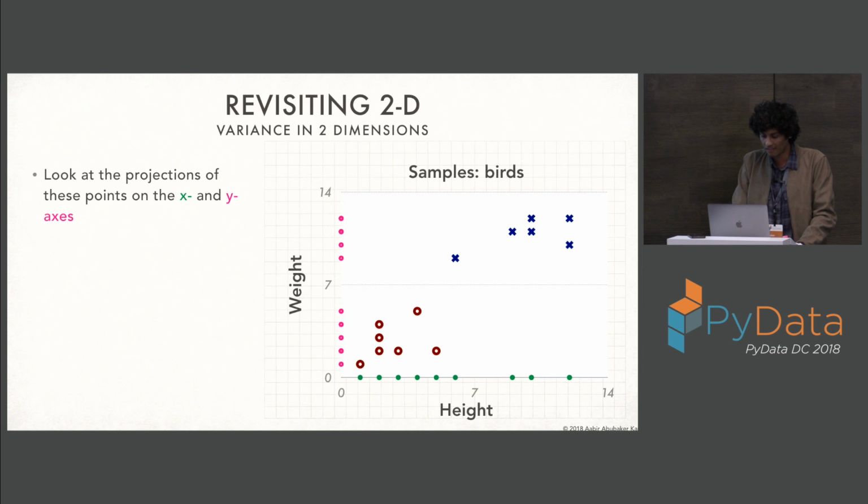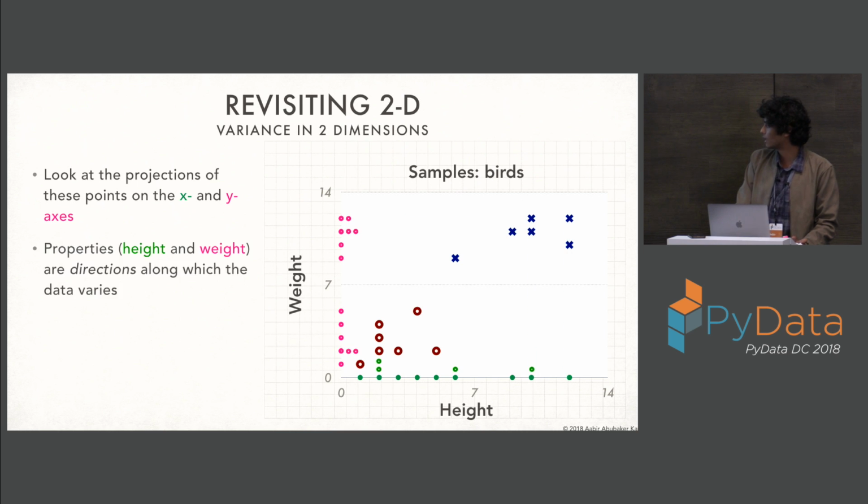And when you look at variance, I want to get a little quantitative about this so that you can really see how it helps. I want to look at the projections of these points onto the x and y axes. That's basically just how we project things. And then you kind of look at the counts of these. And you can see that they're spread out along both of these axes. Along the height axis, you have a few of those points with lower values, a few with higher values.